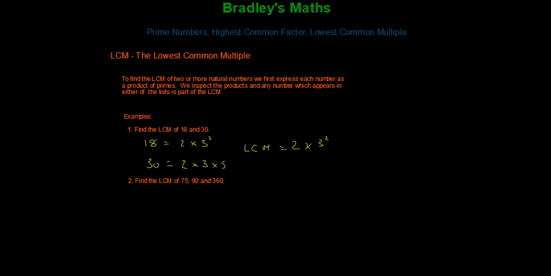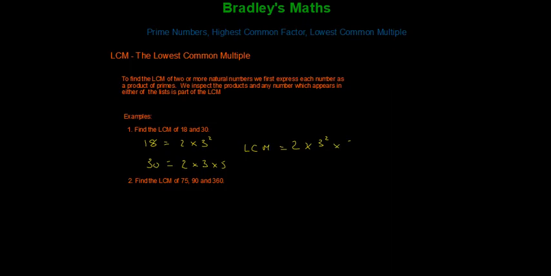Just like this 2 is the same as this 2, this 3 is part of this 3 squared, but it's the 3 squared that goes in. Okay? And then we have a 5 here, no 5 here, but it's any number which appears in either list. So we have a 5